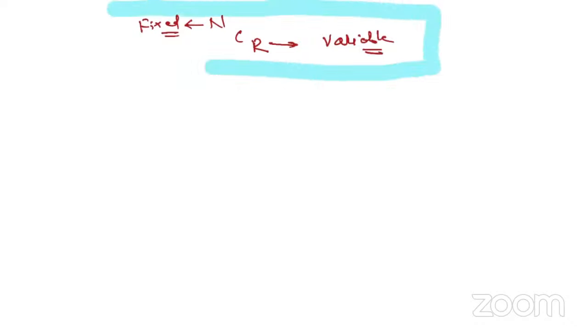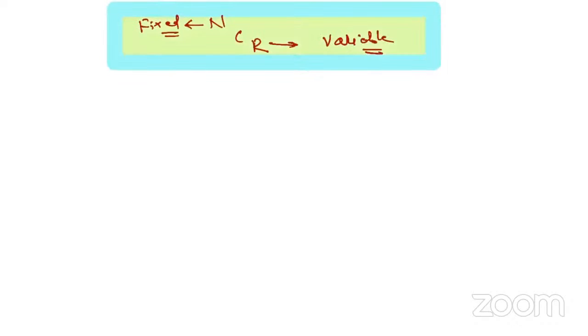Now, in all the previous cases, we have seen this nCr, where n was fixed and r variable, right? Up to now, in all the cases we have seen here, n was fixed and r was variable. So now I am changing something: if I am giving nCr, in this first case, n is variable, r is fixed, or